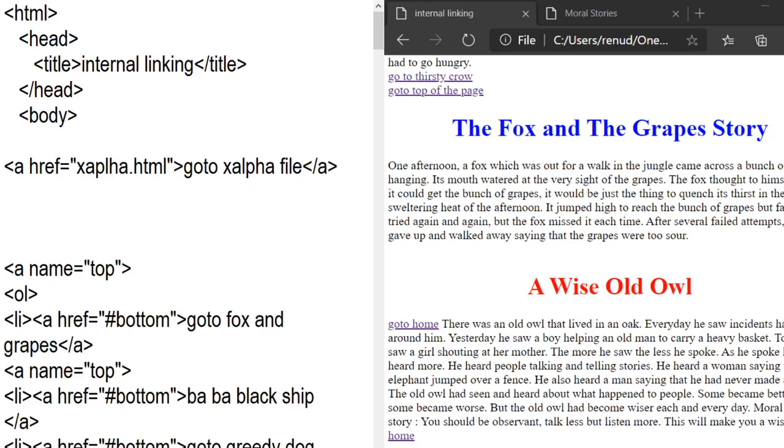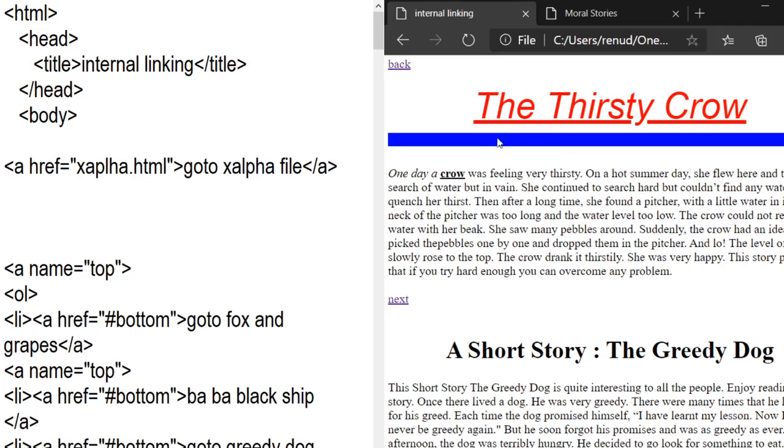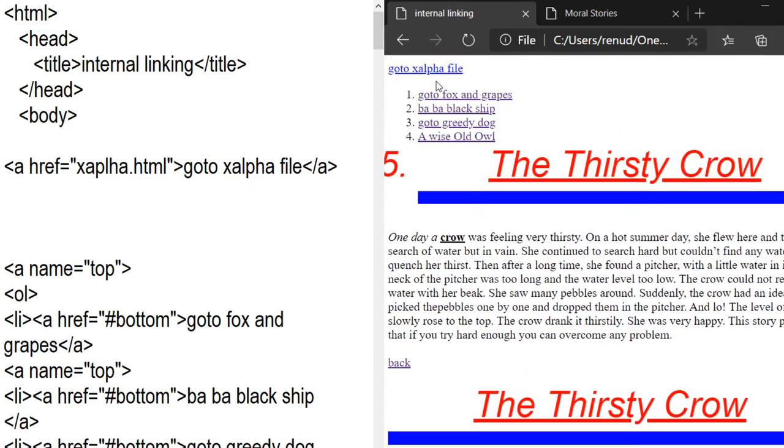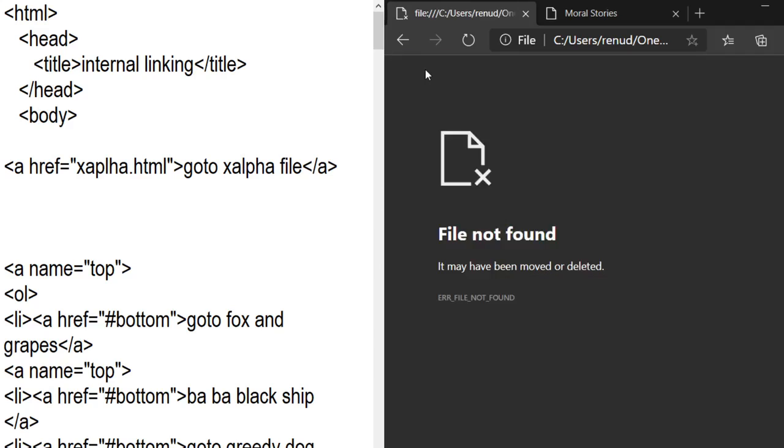Okay, so you can save it again, open your browser, and refresh. Go to the 10th alpha file. Your 10th alpha file is not there. So okay, some mistake is there. Alpha.